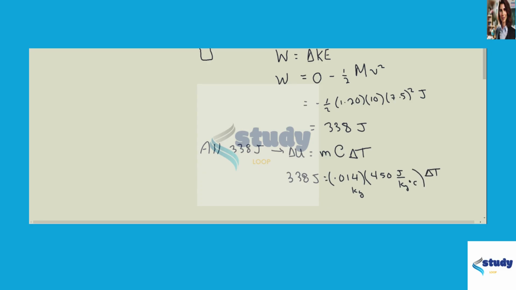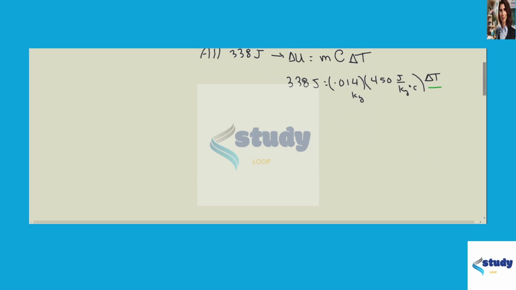And we're after that temperature increase. So kind of working it out, dividing both sides by the 0.014 and the 450, we get a rather large temperature increase. Okay, so delta T,